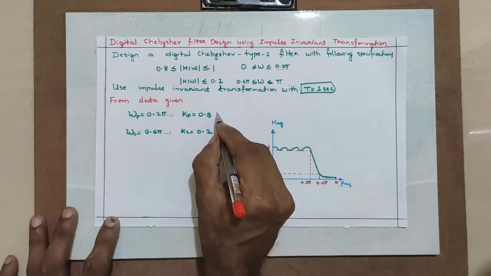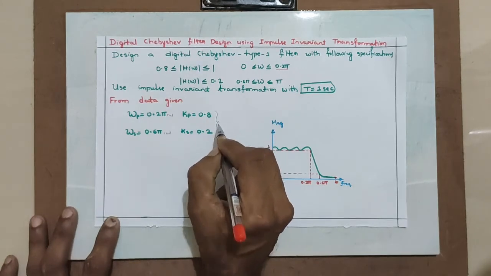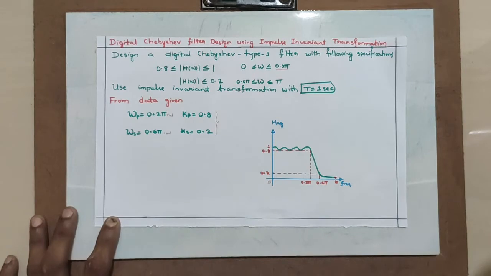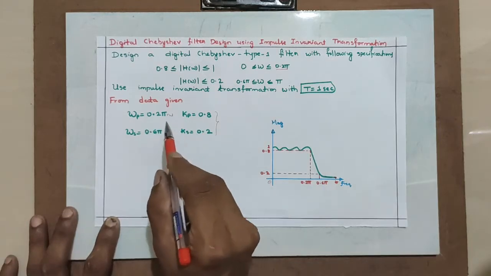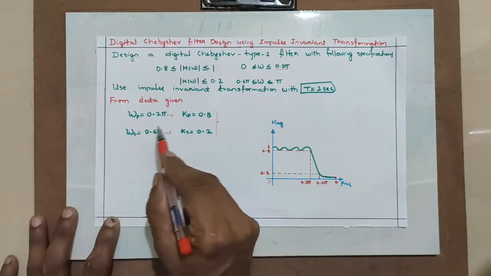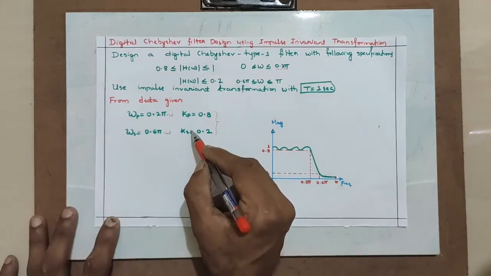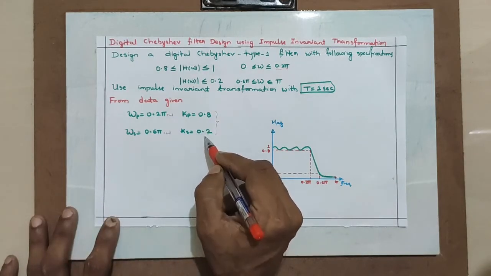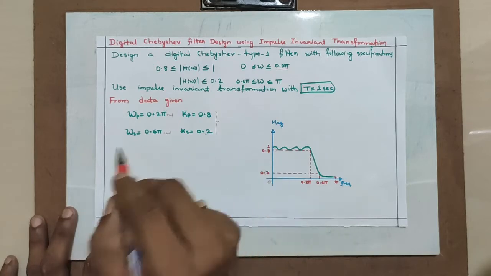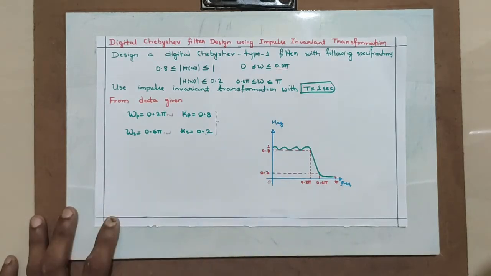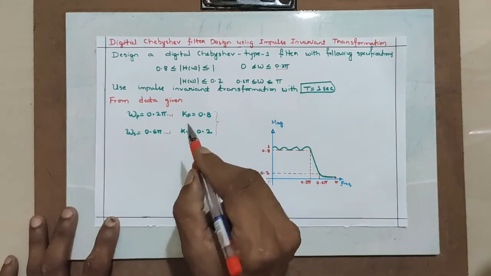Please note that this is not there in decibels. It should be there in decibels. Okay, those things we will be working out in the initial steps. Whenever an example is given, whether it is Butterworth or Chebyshev filter design, you should recognize the data properly. If you are not recognizing the data properly, then you will go wrong in the further steps. Hence, KP and KS are given as 0.8 and 0.2, which is not in a correct format for which we can apply the formula. They are supposed to be there in decibels. We will do that in first step.